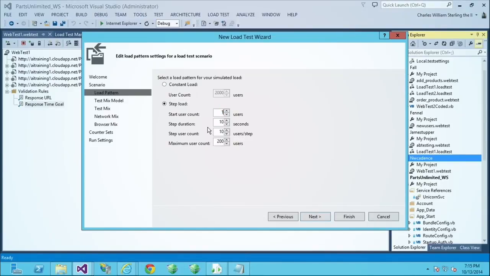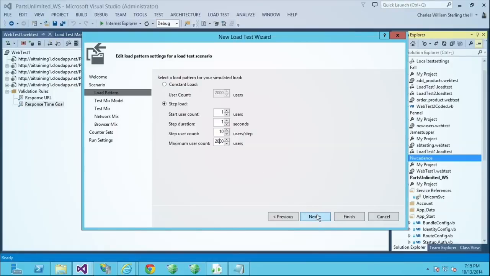So we're going to go ahead and start it with one user, or a step duration, maybe 1 second, and a user count, or a step count. Every second passes, we're going to add 10 new users. 10 is great, and we want to hit that magic 2,000. I've seen issues with our database actually maxing out at around that 1,500 people, so we want to run 2,000